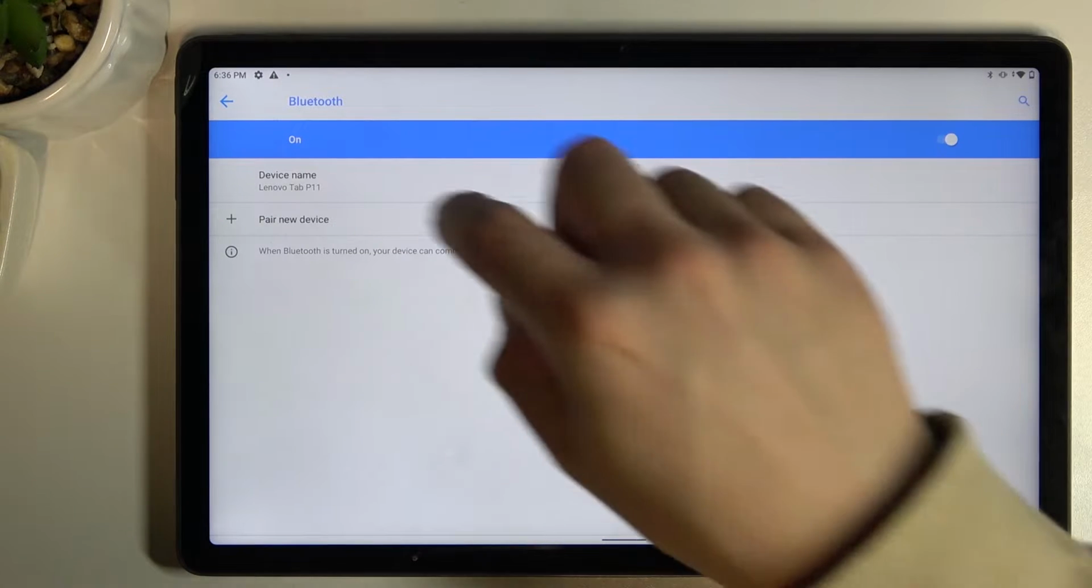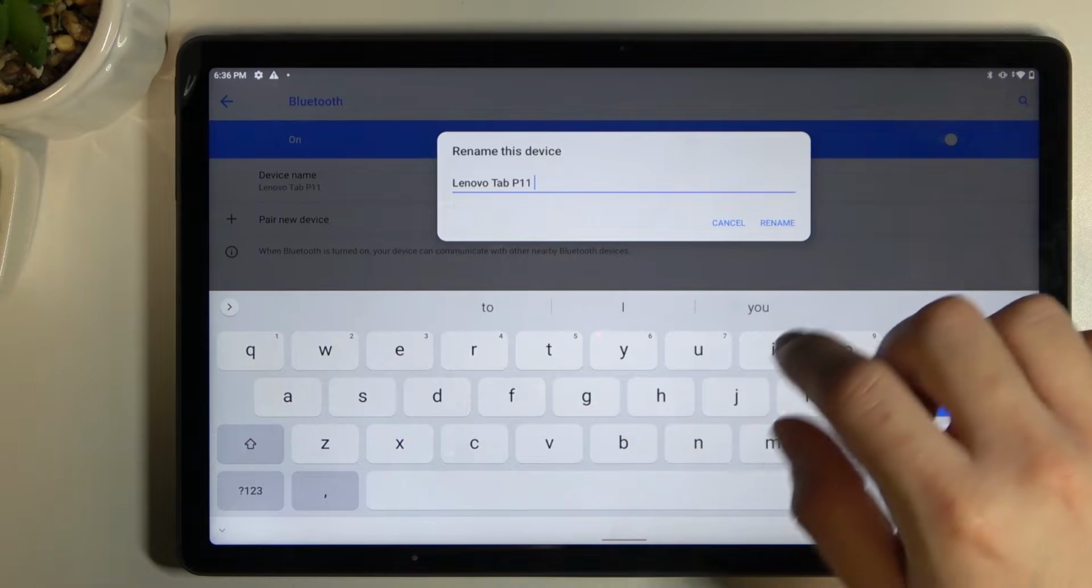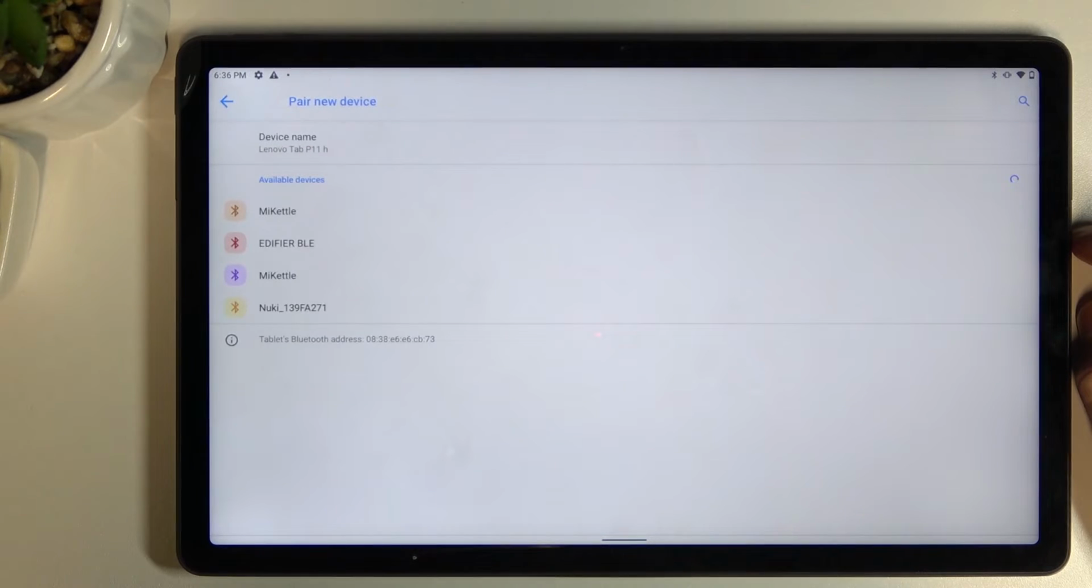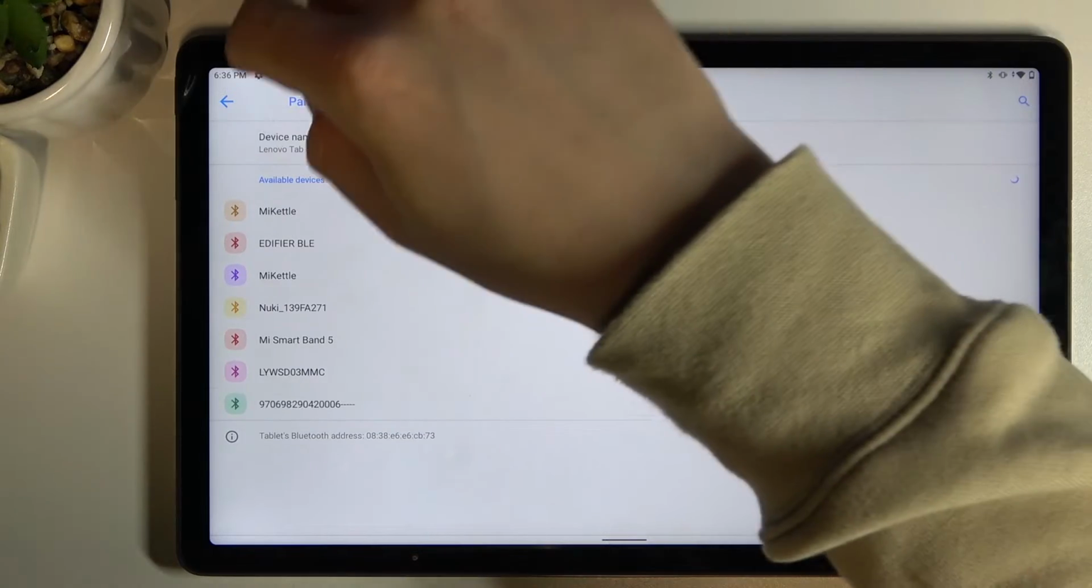If you still don't have your device here, try to change the name of your device to give some refresh to the Bluetooth settings. Now we can check for the device again. As you can see, now Lenovo TAB is looking for other devices. If you don't have your device here,